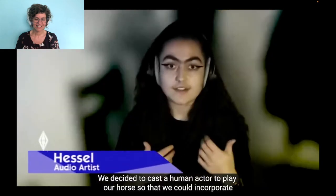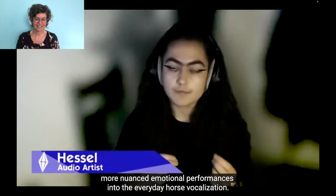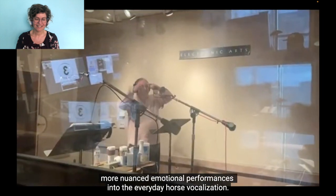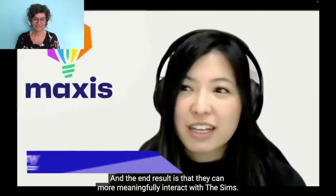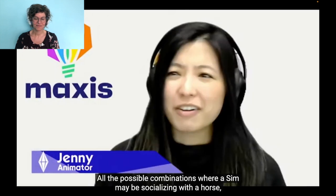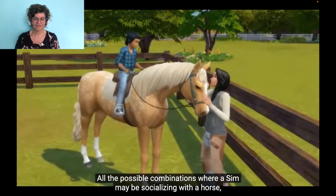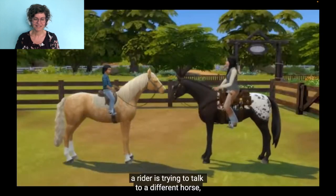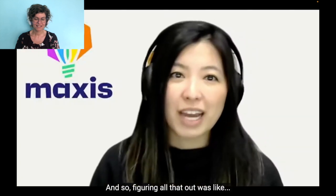That's neat. Bonding with the horses takes time and patience, but it's totally worthwhile in the long run. We decided to cast a human actor to play our horse so that we could incorporate more nuanced emotional performances into the everyday horse vocalization. And the end result is that they can more meaningfully interact with the Sims. The social implementation for this pack was complex, to say the least. All the possible combinations where a Sim may be socializing with a horse, a rider is trying to talk to a different horse, or a rider is trying to talk to another rider. And so figuring all that out was like...